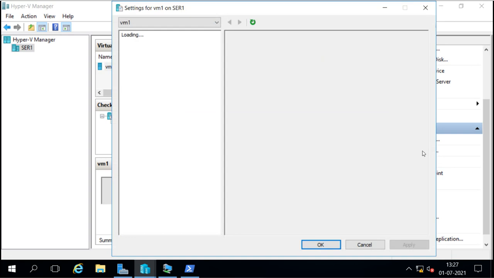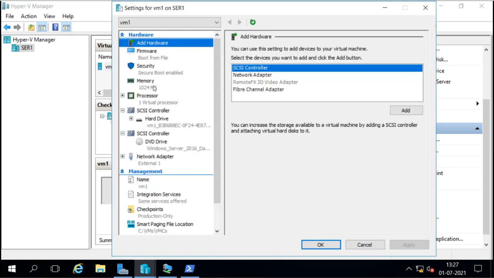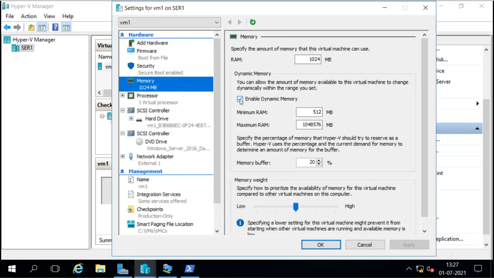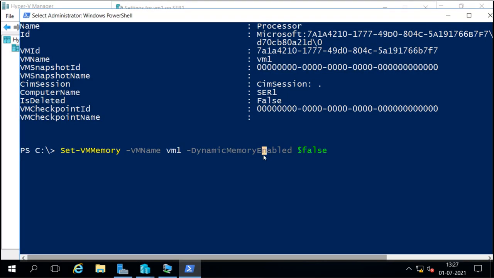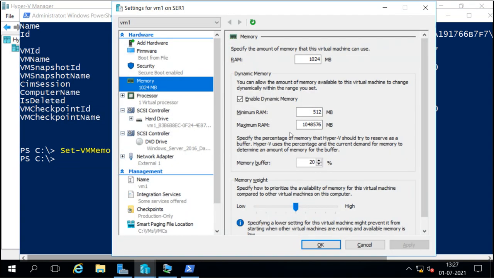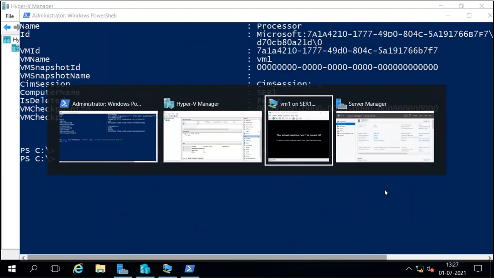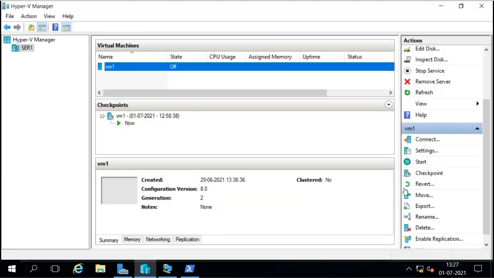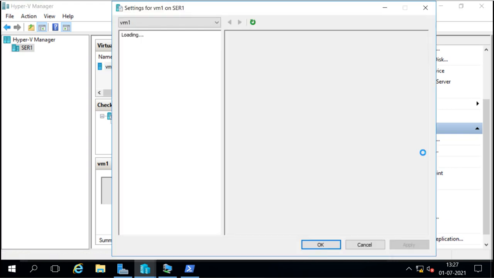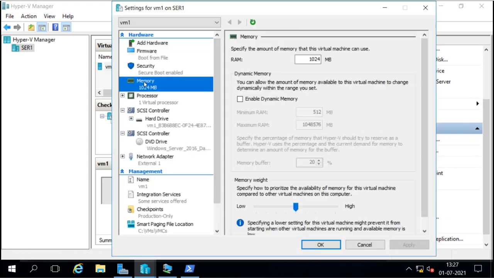We can go to memory and we can disable this dynamic memory. So we can do this from here also, or we can do it from the PowerShell also. So I did it from PowerShell, and we can check here. I will open it again, and we can see the dynamic memory is disabled.